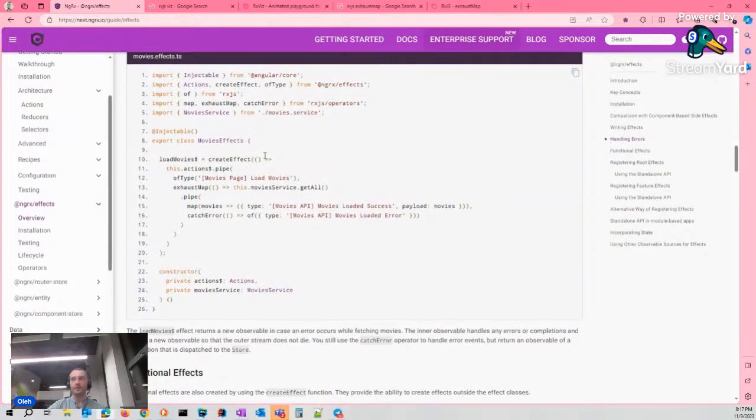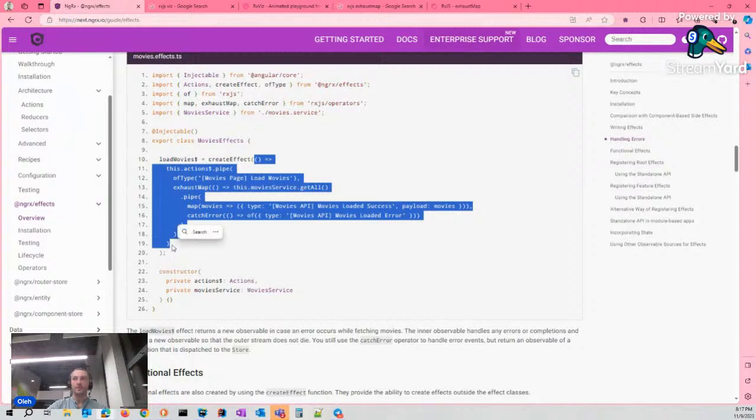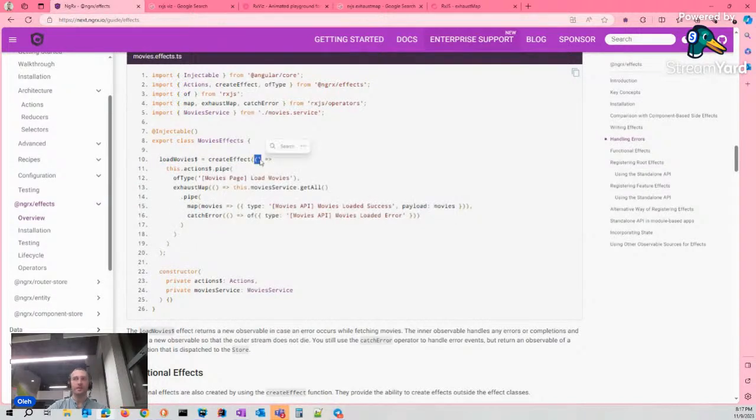And the approach of it. That's a factory. That's just a function without arguments. Returns this actions stream with some modifications. And first of them, of type operator, that's an additional operator from the effects package, to filter all our effects, only the effects we want to handle.